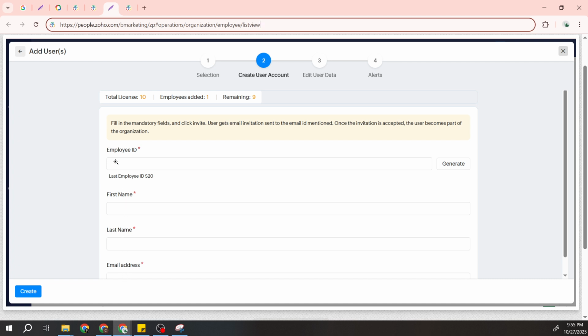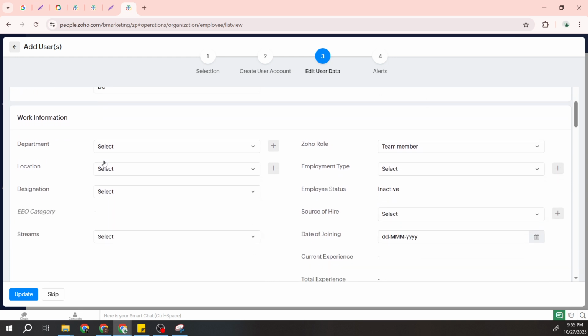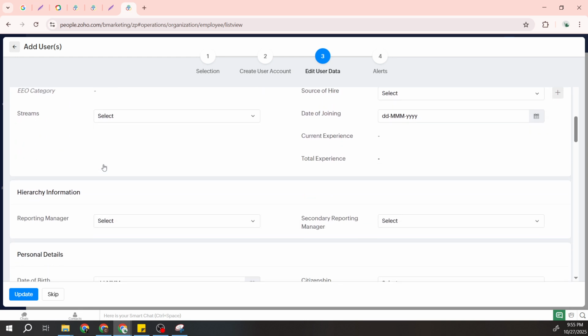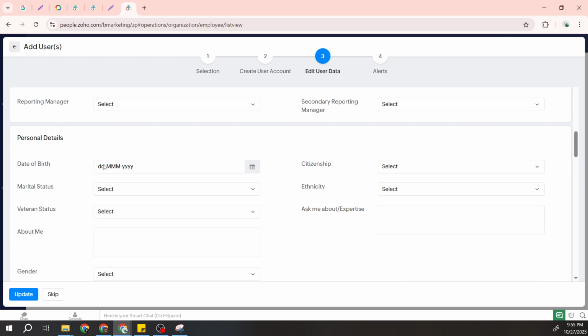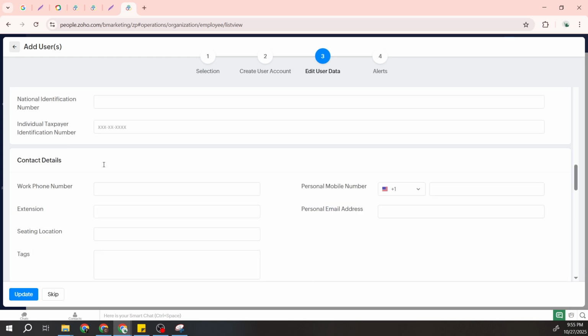Ensure that this information is accurate, as these fields are crucial for creating their profile. Following that, you'll need to fill in additional required information. This includes the department they will be working in, their designation, and any salary details as needed. There may also be fields for personal information, so take this time to fill in any and all relevant data